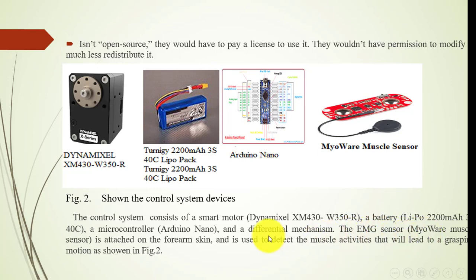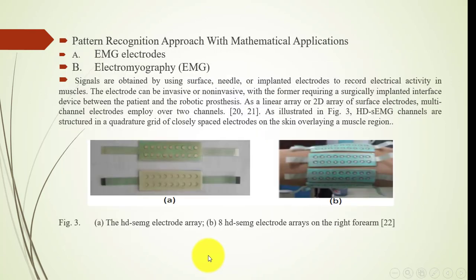The EMG sensor is sensing and giving the indication for the system to detect the muscle activity and motion, as shown in the figure. Pattern recognition with mathematical application will also be used in this paper, where this signal is obtained by using the